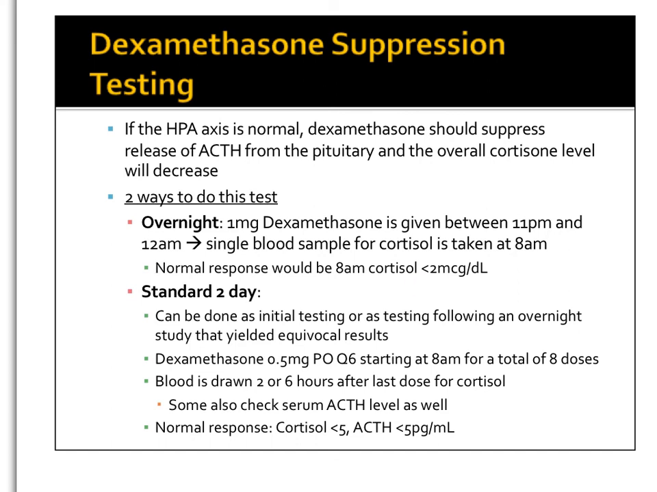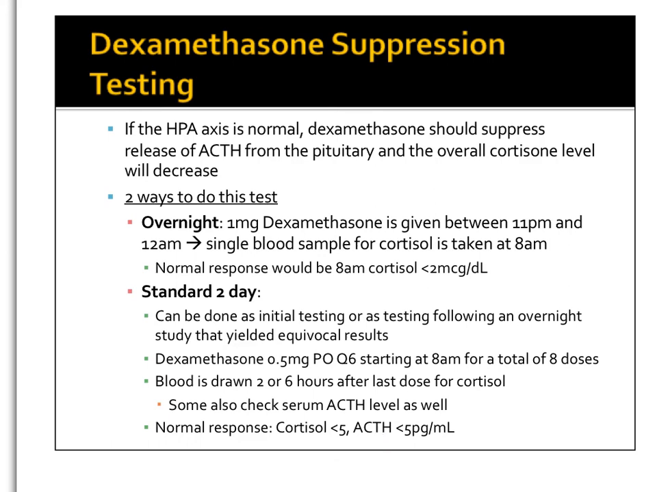Or the other option is a standard 2-day test. This can be done as an initial testing or as testing following an overnight study. Dexamethasone at 0.5 milligrams is given orally every 6 hours, starting at 8 a.m. for a total of 8 doses. Blood is then obtained 2 to 6 hours after the last dose to check for cortisol. Some also can check a serum ACTH with this as well. But a normal response to this should be a cortisol level less than 5 or an ACTH level less than